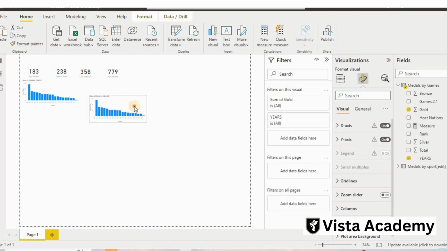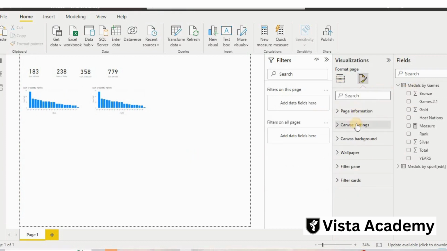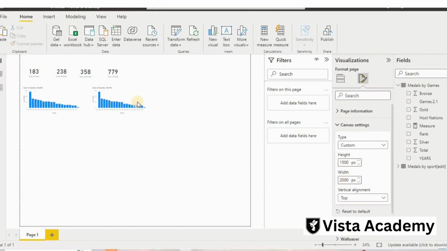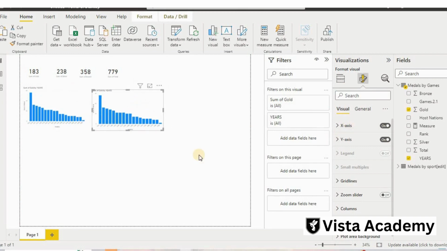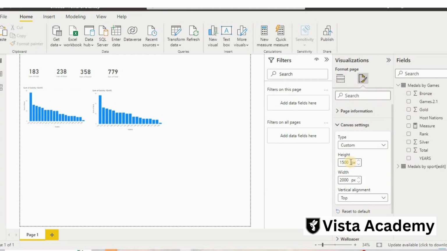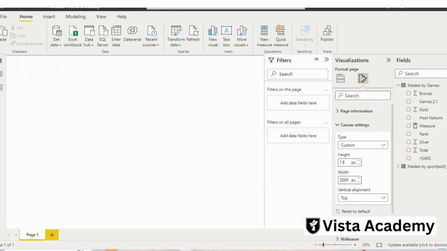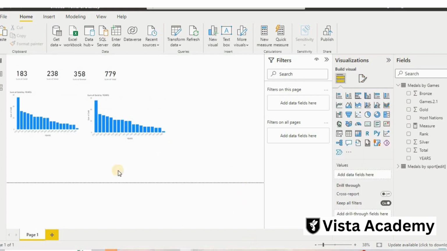Okay, I think instead of that, what I will do is click over here, again go to canvas setting, and increase its size also. Then canvas setting, I will take it to 1000 only. Let's check if 1000 is okay here. We are not using many charts, we are just making them. I think 1000, again 1000, 2000, so we can have all the charts here.